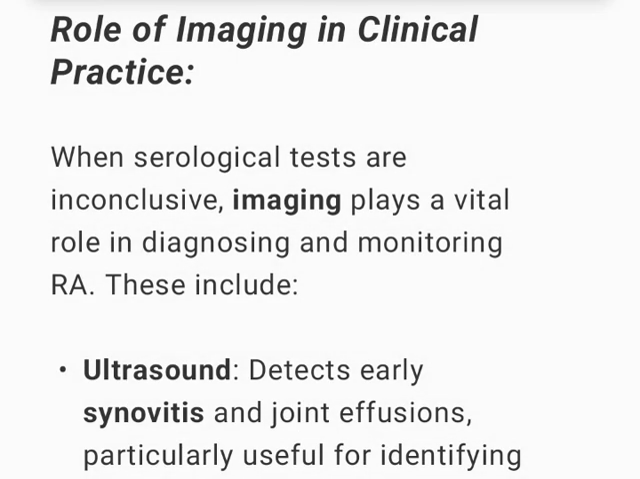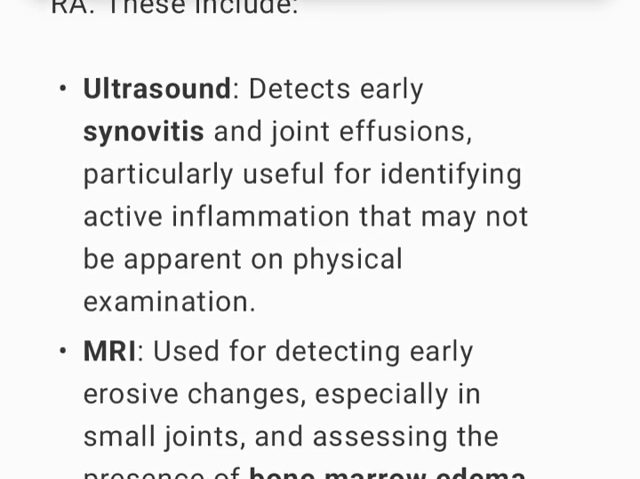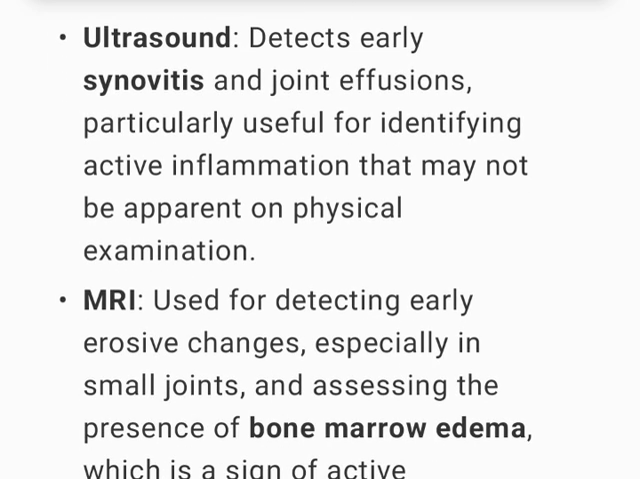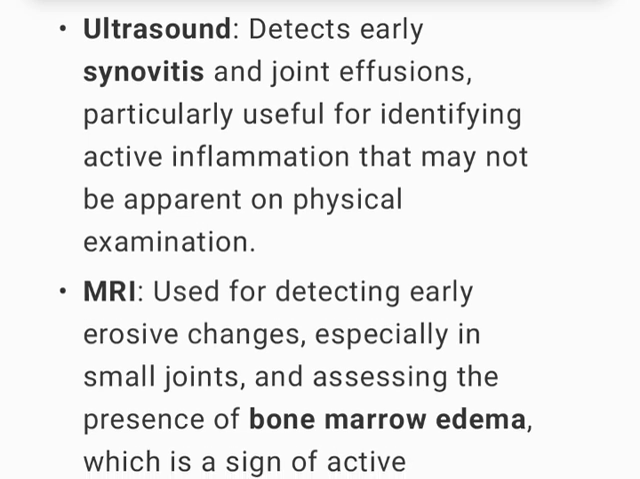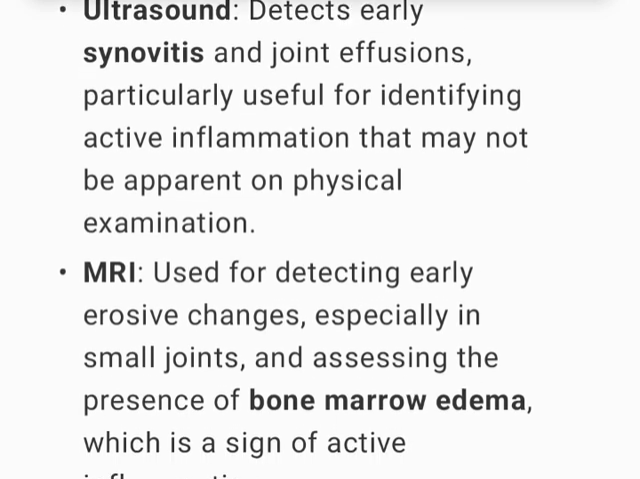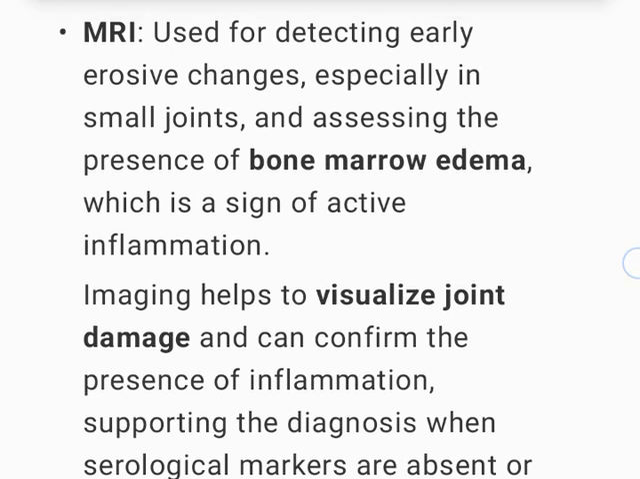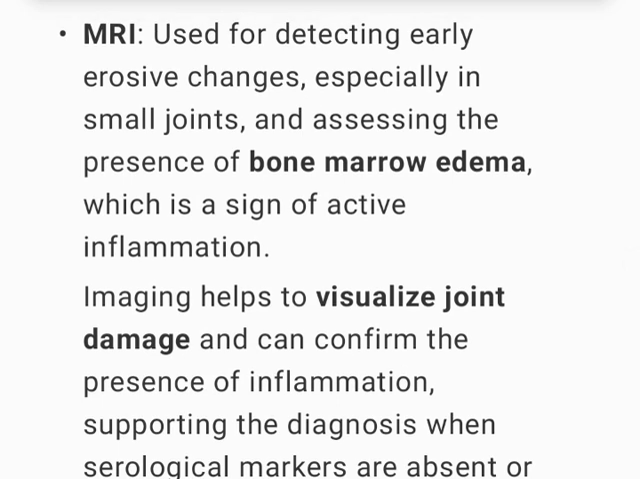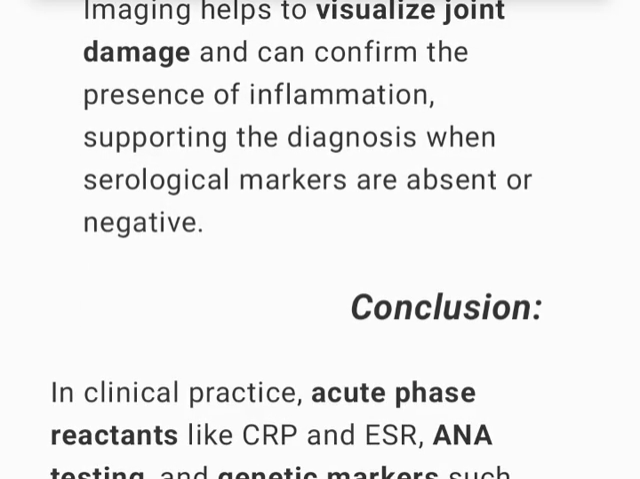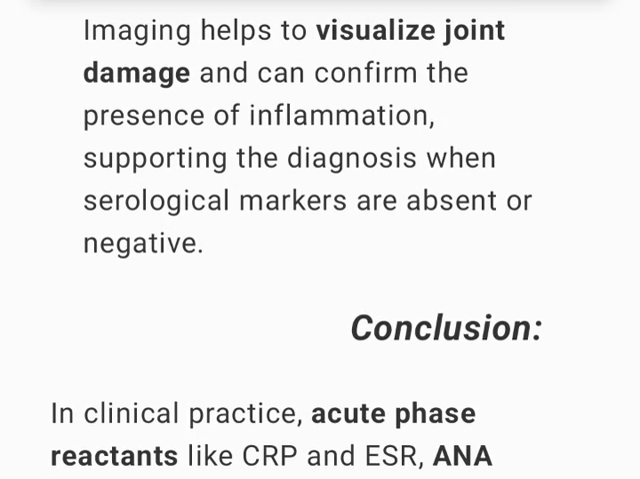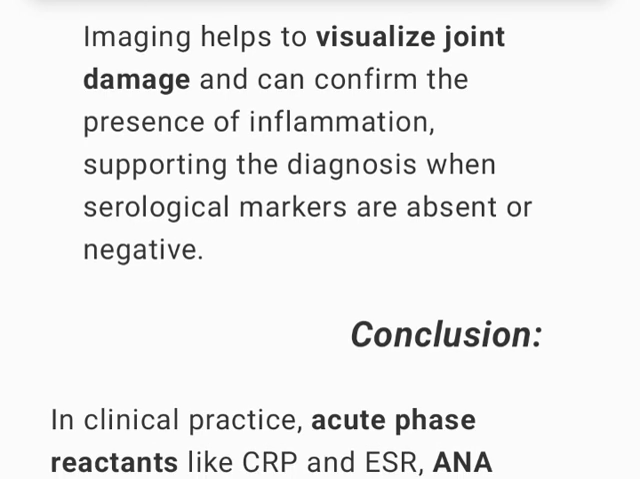Role of imaging in clinical practice. When serological tests are inconclusive, imaging plays a vital role in diagnosing and monitoring RA. These include ultrasound, which detects early synovitis and joint effusions, particularly useful for identifying active inflammation that may not be apparent on physical examination. MRI, used for detecting early erosive changes, especially in small joints, and assessing the presence of bone marrow edema, which is a sign of active inflammation. Imaging helps to visualize joint damage and can confirm the presence of inflammation, supporting the diagnosis when serological markers are